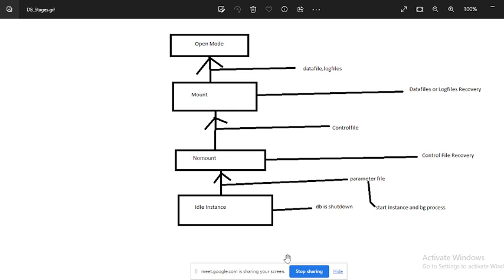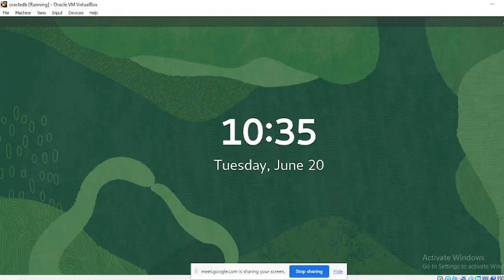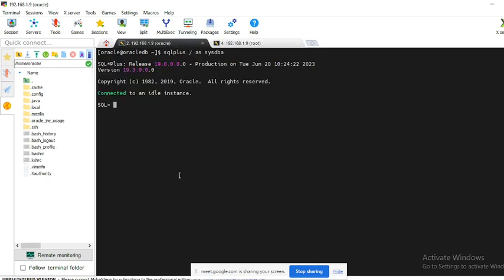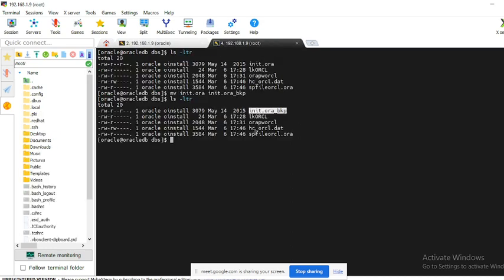Let me show you the P file and SP file creation. Here, as you can see, we have renamed the parameter file, and our database is on an idle instance. So we will create a P file from the SP file, because we have the SP file on the location.